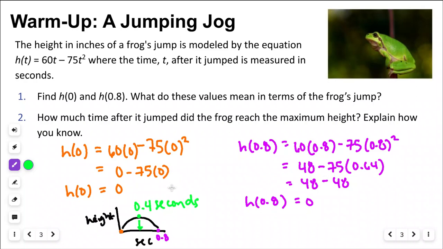Like I said at the beginning of this lesson, none of this math we are doing here is new. I've had you substitute numbers into equations before. We've talked about the vertex being halfway between our x-intercepts before. The new idea in this lesson is just using all of this to help us analyze situations, like this one